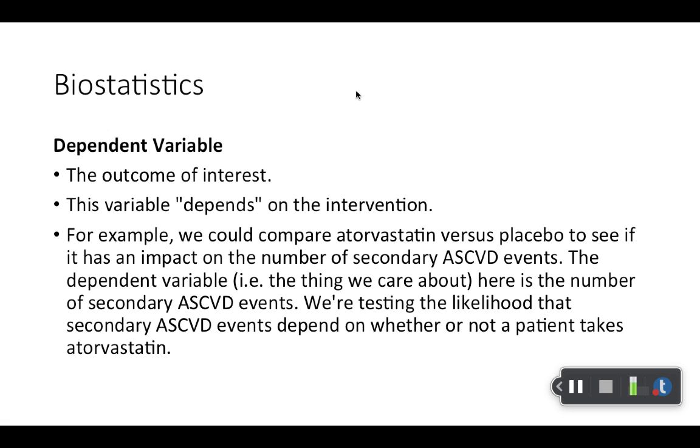Okay, dependent variable. This is the outcome of interest, and it's dependent because it depends on the intervention. So this is the classic, I love drugs, right? Atorvastatin compared to placebo. So you'll see that a lot in drug studies. They'll do an active medication versus placebo, to see if it has an impact, for example, on secondary cardiovascular events. And so the dependent variable is the number of cardiovascular events. And so we're testing the likelihood that this